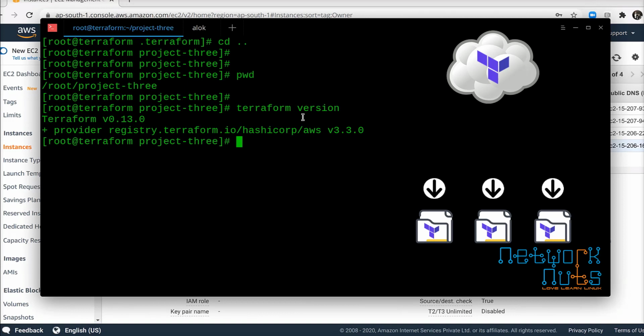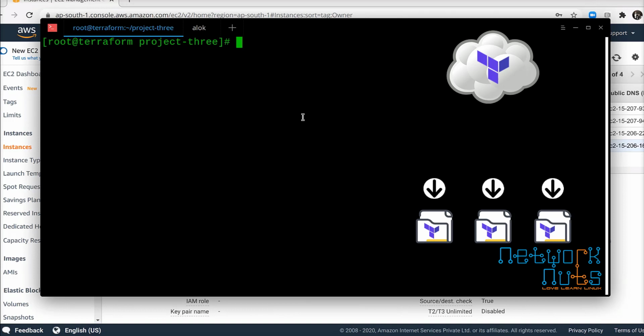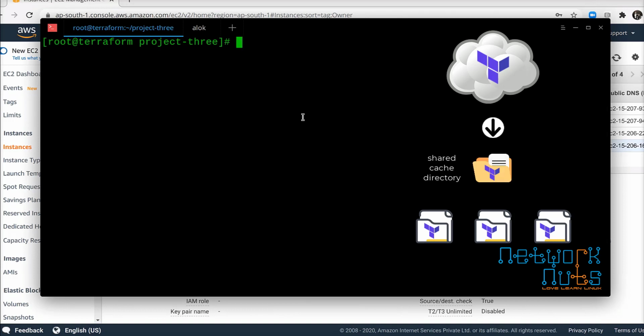The idea is to have a cache directory, a central directory on my machine, and all the directories, project 1, project 2, project 3, should refer to that particular directory for all the providers and everything, right?